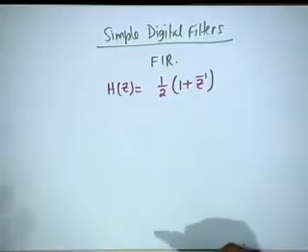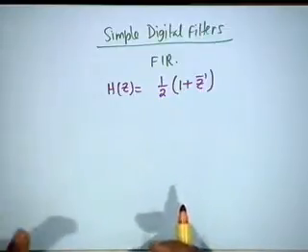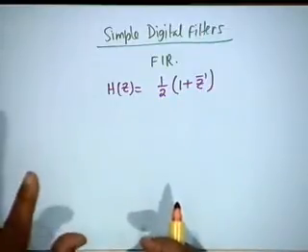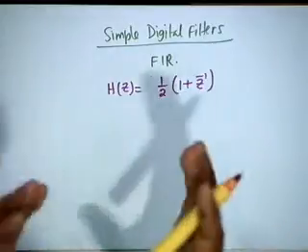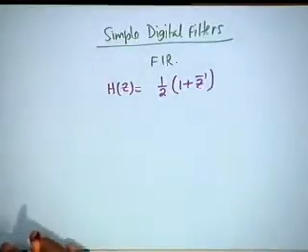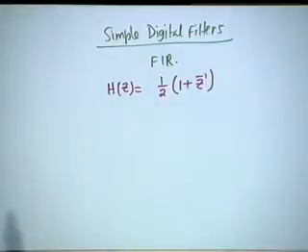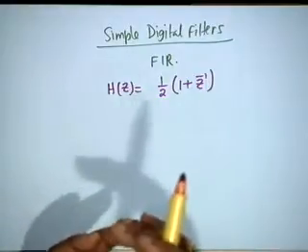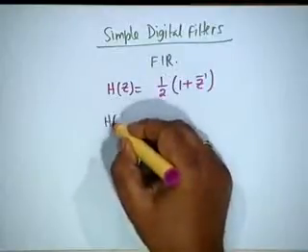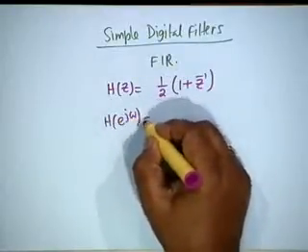Any FIR system will be a filter. Any system which has a frequency response will favor some and reject others. So, it is a filter. What kind of filter is this? The way to do it is look at the function and mentally you know that z is e to the j omega when you consider the frequency response. Well, let us for one or two examples write it down.